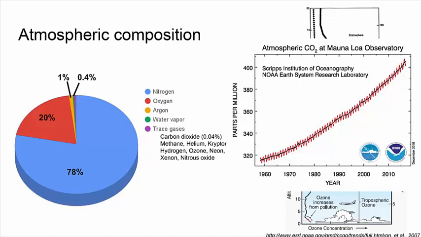Another one that changes with height is ozone. Like I was referring to before, we have the low ozone layer here, and it peaks in the stratosphere. This is what's called good ozone because it protects us. You also shouldn't confuse it with the ozone from pollution in the troposphere, which is bad for health. So that's just another example: while nitrogen and oxygen are relatively constant with height, some of these gases vary in the vertical.